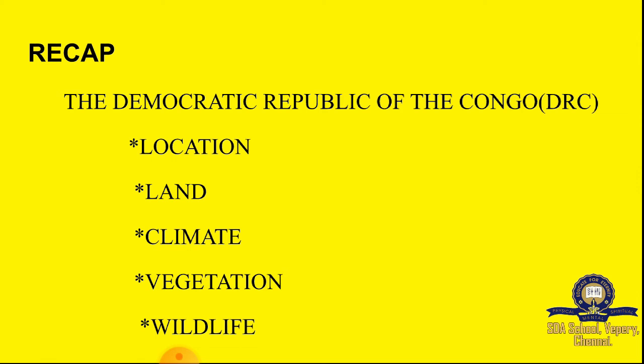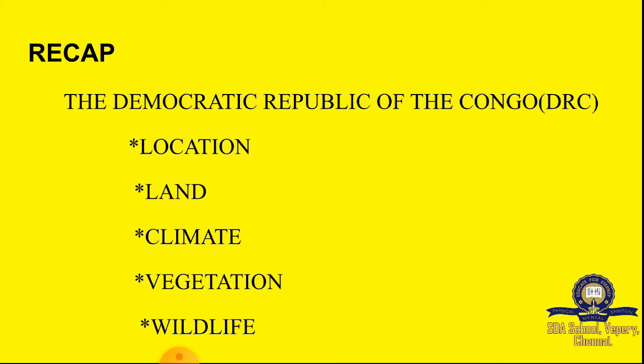And we learnt about climate. The country has an equatorial climate. It is very hot and rainy throughout the year. Usually mornings are pleasant, but in the afternoon the temperature is very high and the heat is unbearable. Gradually clouds build up, resulting in heavy rain in the afternoon. Usually evenings and nights are cool and comfortable.